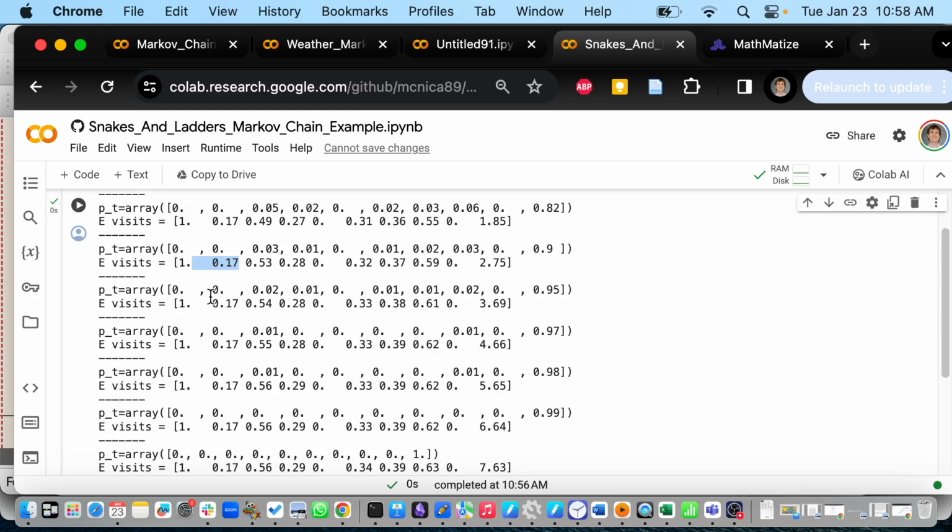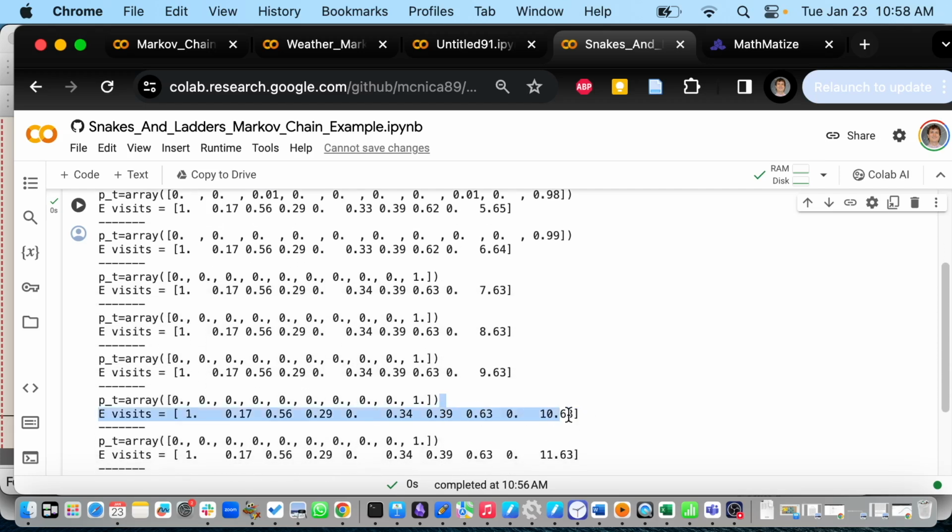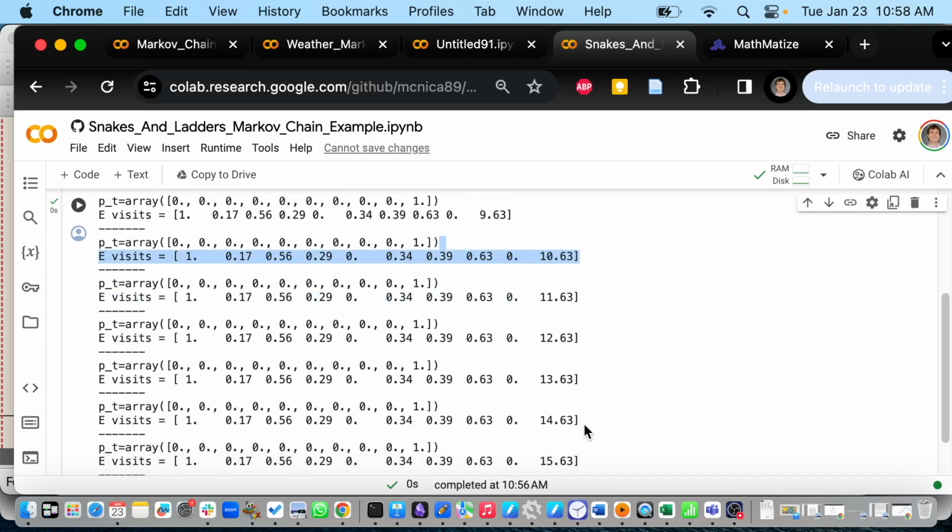On the other hand, square 2, the probability is increasing, right? 0.49, 0.53, 0.54, 0.55. These are the number of visits to square 2. It's right around a half in the first 10, but it's slowly going up. Why is 2 slowly going up? Because if you land on the snake that takes you back to 2, you'll visit 2 again. So in principle, you can visit 2 many times if you get unlucky and keep hitting that snake. Okay, so these numbers go up. They go up, up, up, right?